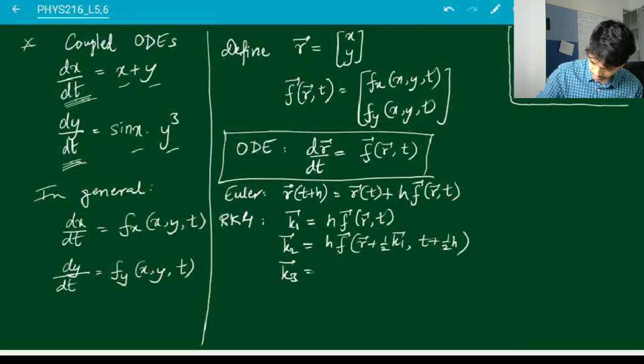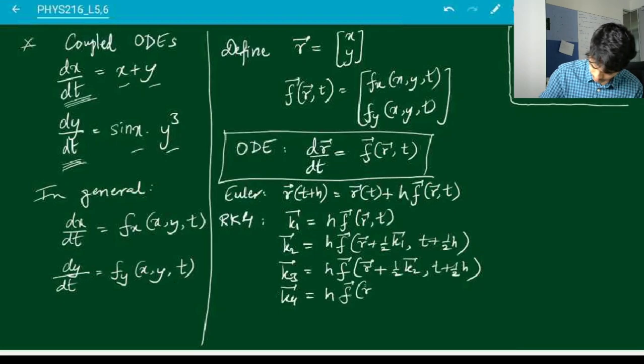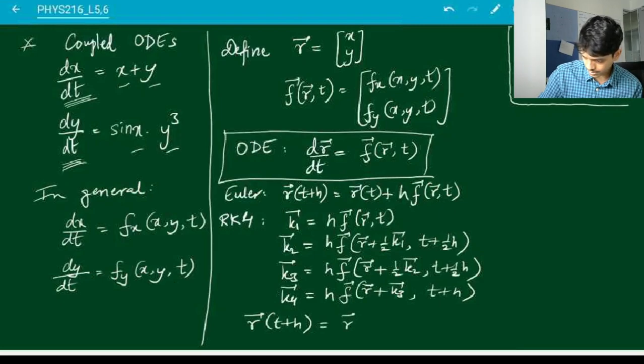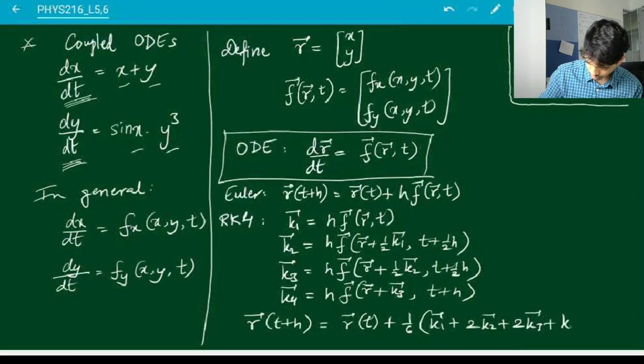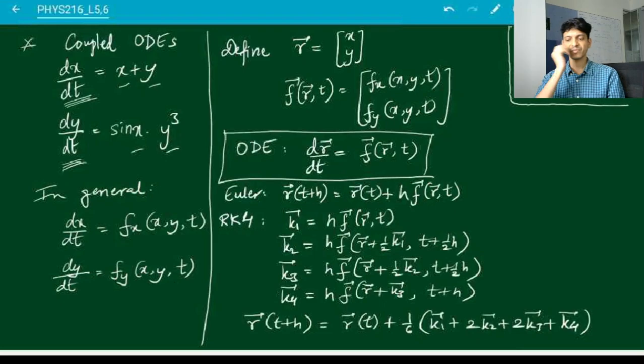Then a k3 vector, exactly the same way as we've been doing before, and a k4 vector, and then in the end your r at t plus h will be r at t plus 1/6, 1 times this, 2 times this, 2 times this, 1 times this. So this is your fourth order Runge-Kutta method for